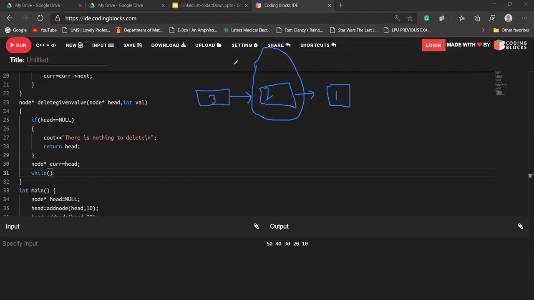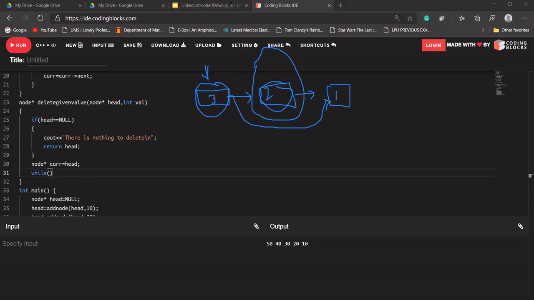So for which node do we need to access the address? We need to access 1, because 1 has the address of 2. So that means we can modify it so that 1's next should point to 3. Is that clear with everyone? So I should have the address of the previous node if I want to delete this node. Okay.